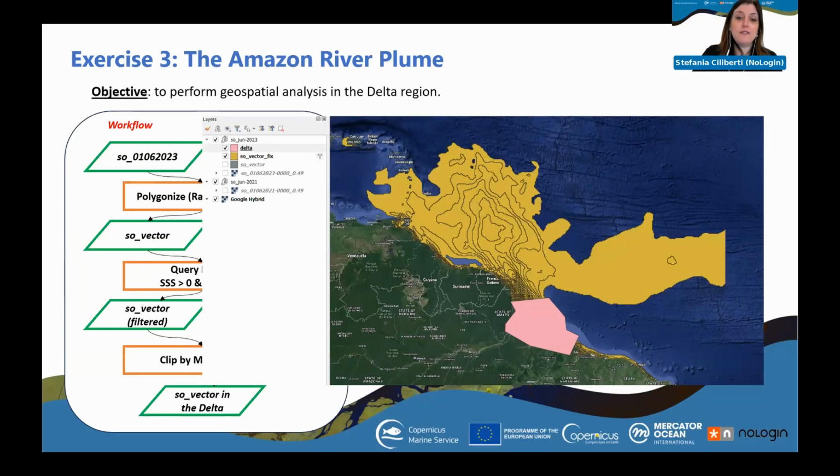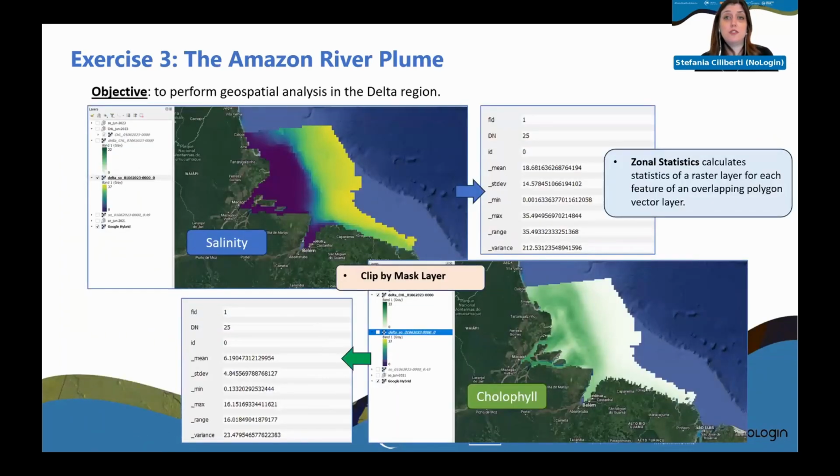And I'll show you the final step in this slide. From the envelope of contour lines that are characterized by sea surface salinity in the range 0-35 PSU, you can, for instance, create a polygon that in this case is focusing on the delta of the Amazon River. And by invoking the clip by mask layer, you can just clip all the yellow region in the area where you have the pink one, and obtain for salinity and